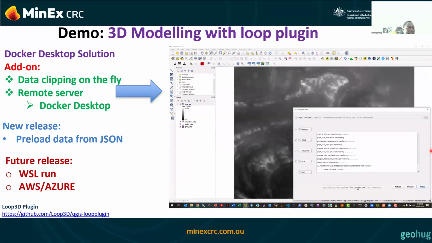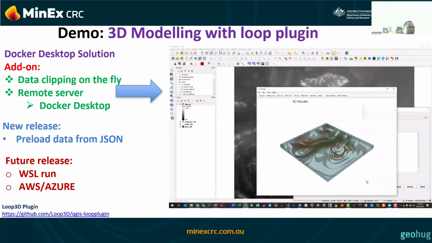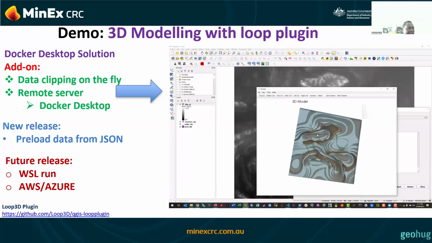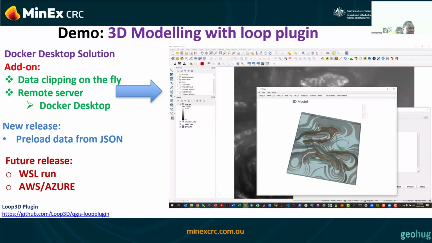And the second step, you can see once the pre-processed data are created, both the run Map2Loop button at the bottom here and the Loop Structural tab are activated. Then for the second step, we push the data into the Map2Loop engine, which will create the detailed data from the 2D map. This data can be used for multiple applications, for example, urban geology and so on. And finally, the data is pushed back to your PC. So you just run the calculation and then wait for the result. And then you can check it as well.